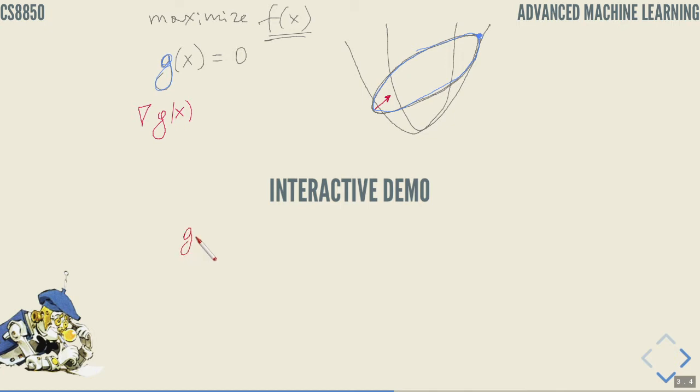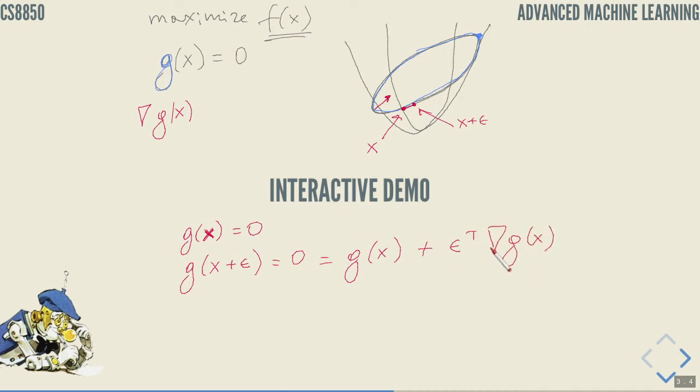So we know that g of x equals 0 for some x on this constraint. And if we take g of x plus some epsilon, such that this next step, x plus some epsilon, is still on the constraint, it will still be 0. But now let's do the following. Let's do a Taylor expansion of g of x plus epsilon, which is nothing but g of x plus, well, because we're dropping all of the other terms, it's approximately equal. But since those two are equal now,